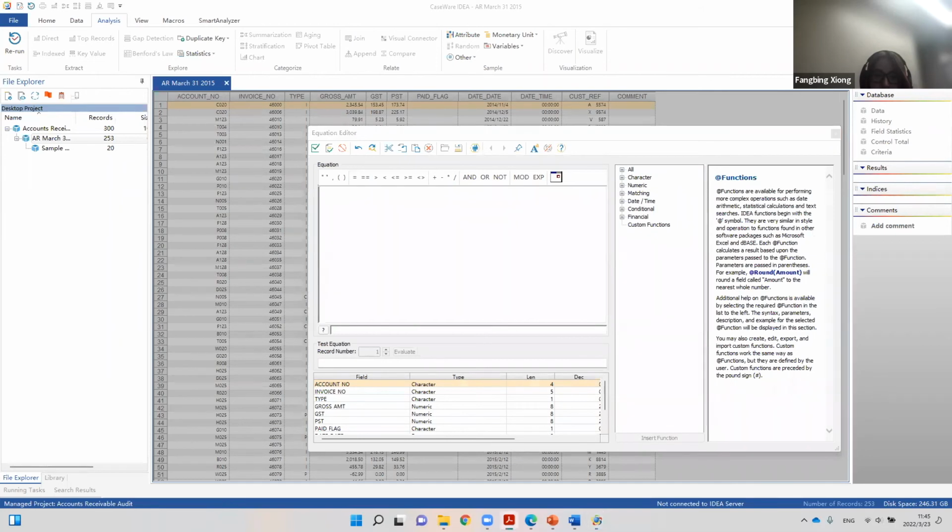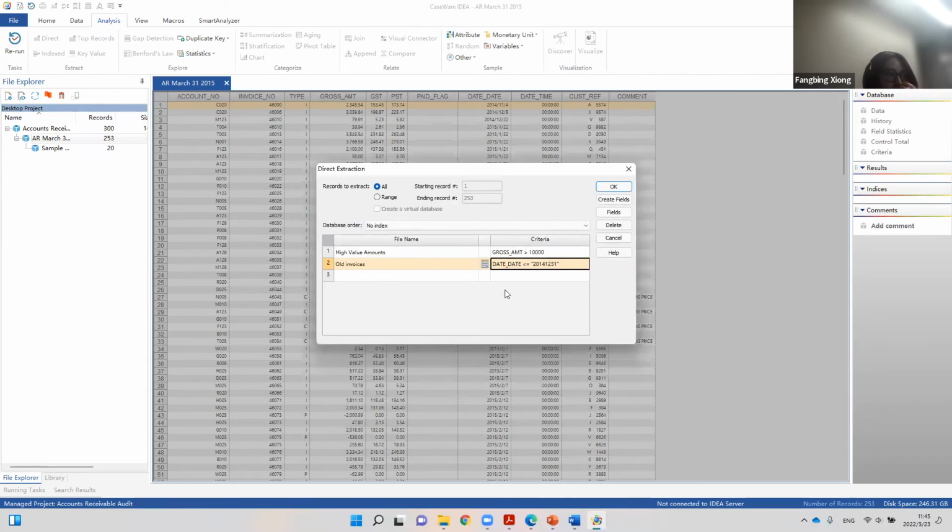For the old invoices, I want the invoices before December 31st, 2014. And IDEA actually can add at most 50 different extractions here. And when we click OK,